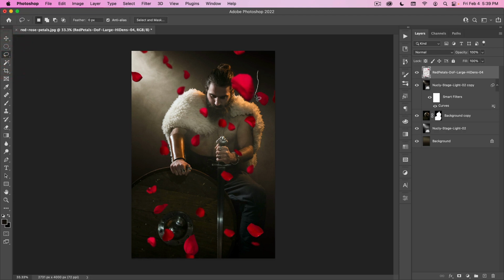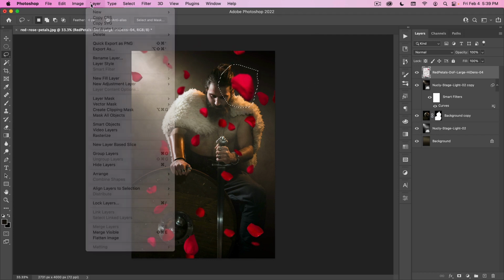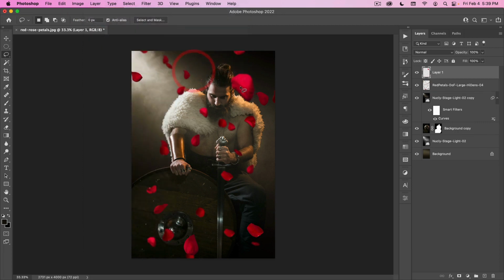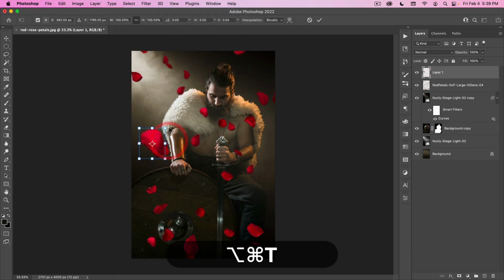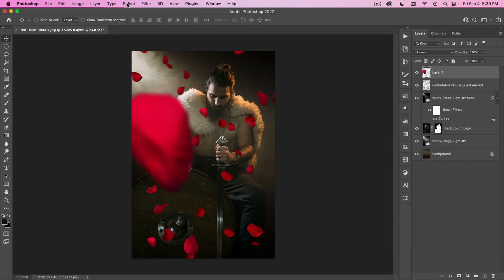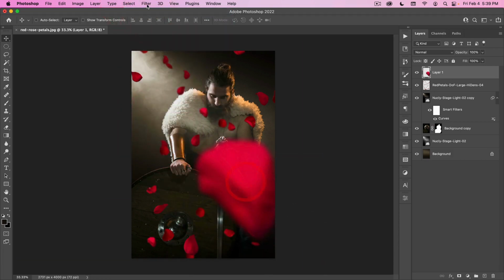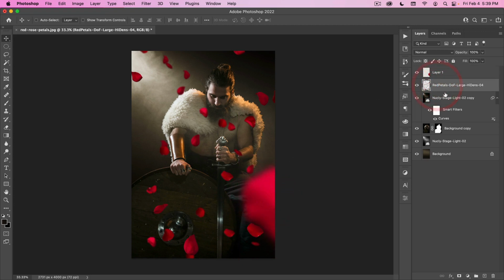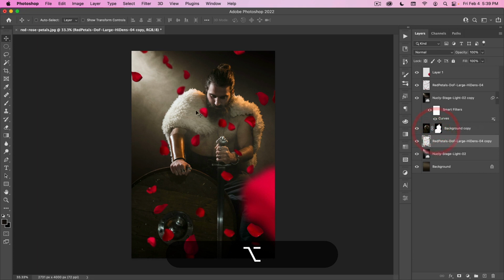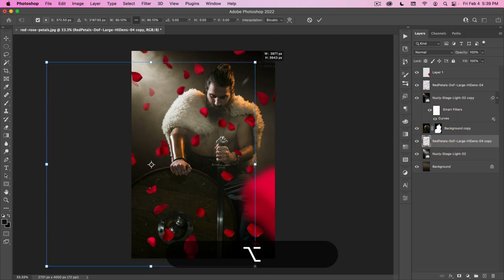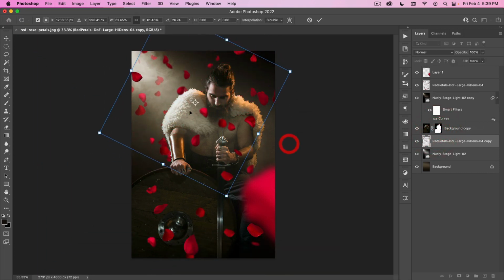I'm going to go ahead and separate this petal right here from the rest. To do that, I'm just going to go to Layer, New, via Cut. And then I'm going to take this, make this one the big one, and blur it. And let's blur it again. I'll just put this one maybe somewhere here like this. And then for the others, I want to put some behind him. So I'm going to make a copy of this and just make